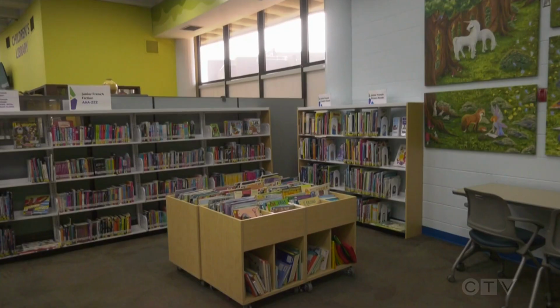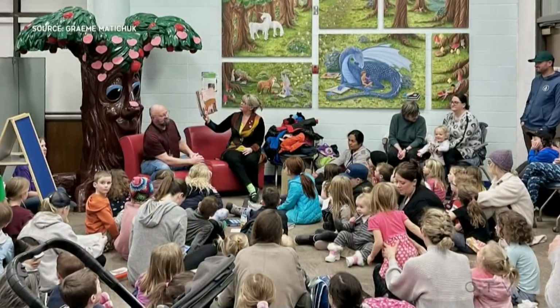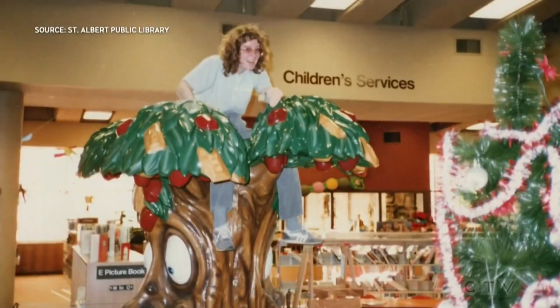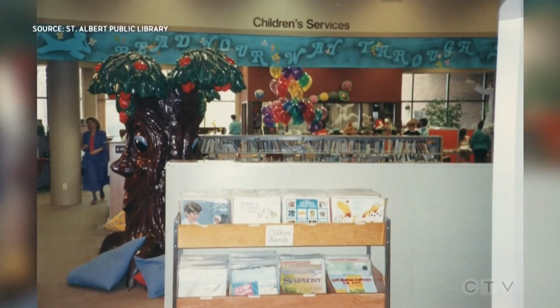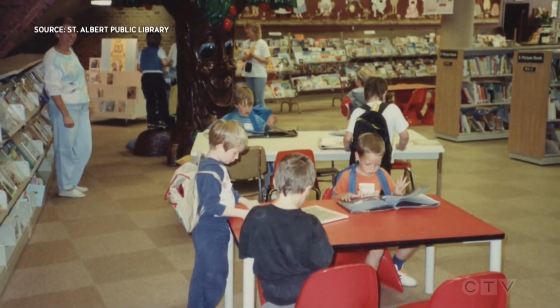This corner of the St. Albert Public Library is filled with books, but it wasn't always. It used to be known as Apple Tree Corner, the home of the Reading Tree. It really became a landmark for a lot of people. The tree was donated from a local McDonald's and touched up by a local artist. It moved around a bit over the years, but it watched over young readers for several generations until the library